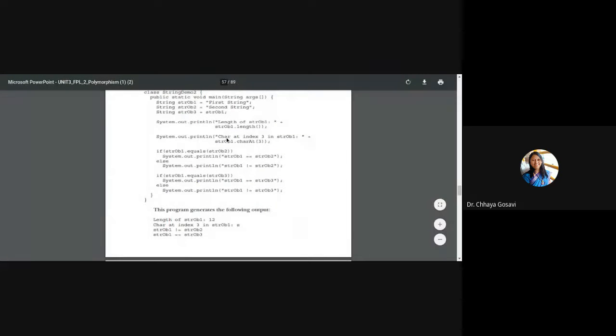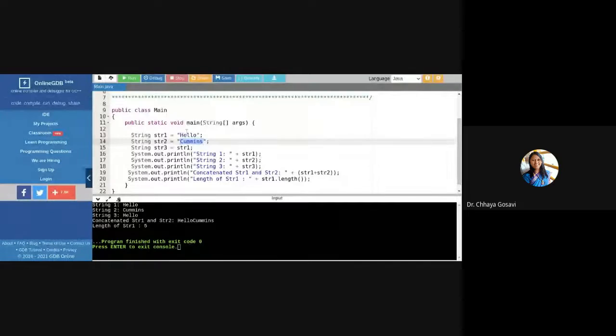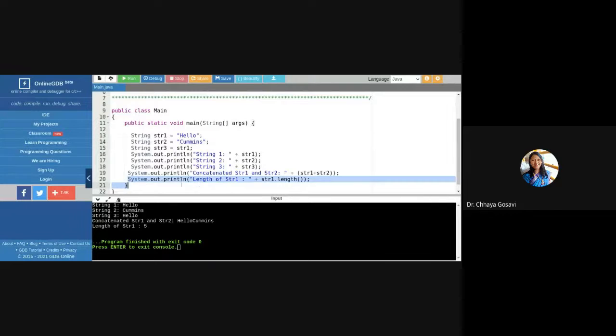The next function is charAt. If you have to check a particular character at a particular location, for example, in this case, I want to know the character at this location. Locations will start from 0, 1, 2, and 3. I want the character at the third position.